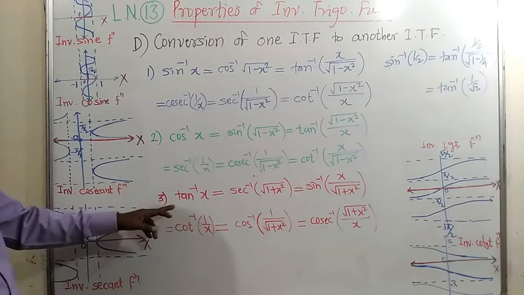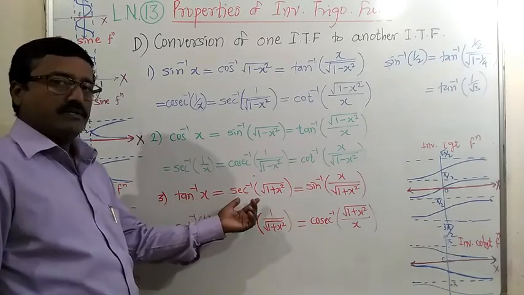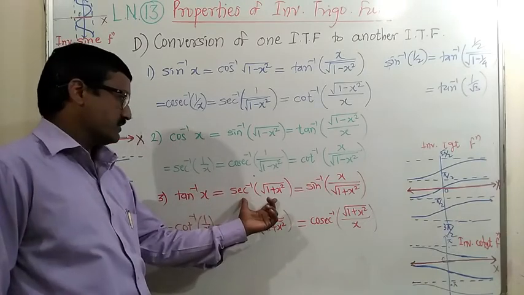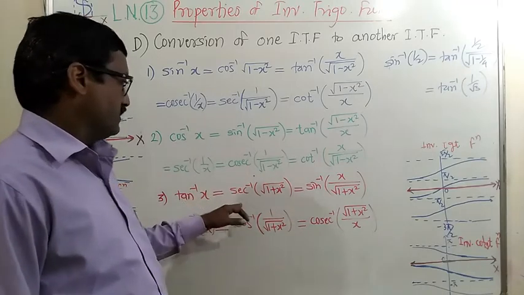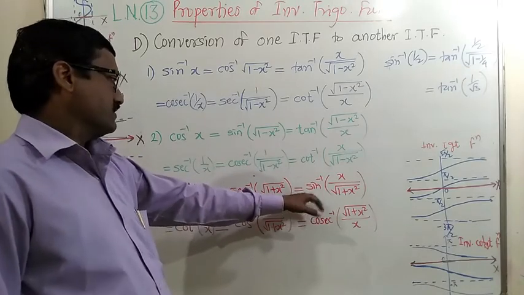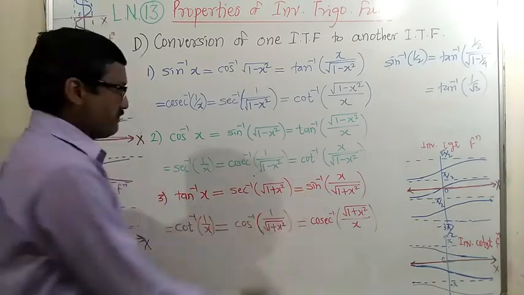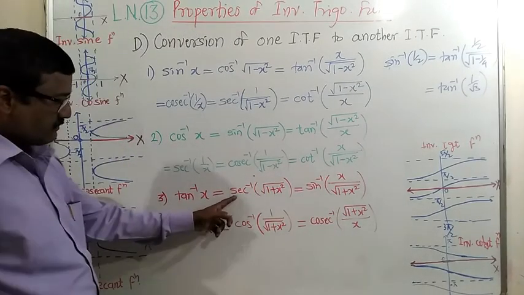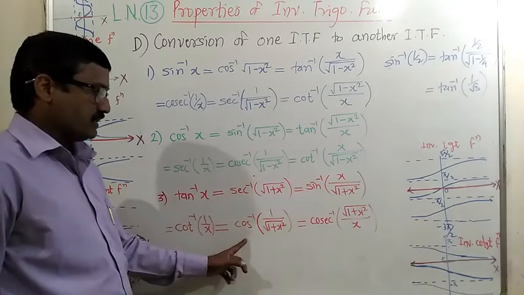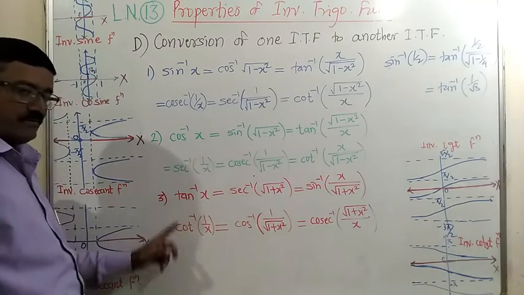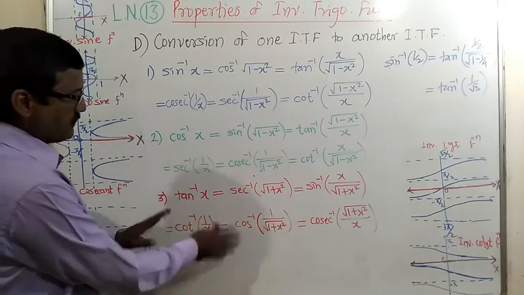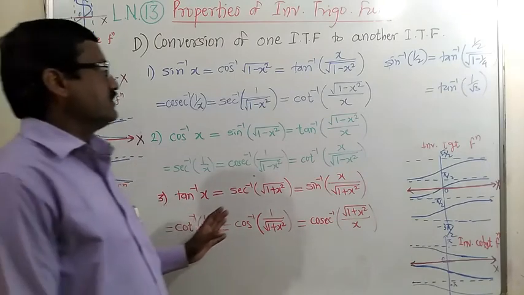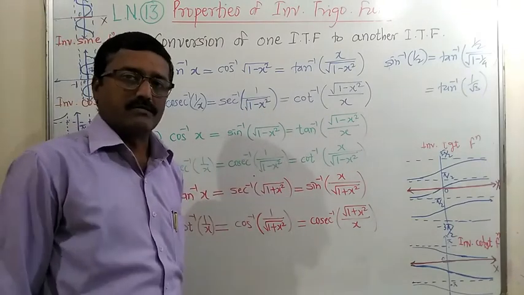Now the last group, that is tan inverse of x. You know the relation between tan and sec. So using that relation, we get tan inverse of x equal to sec inverse of root 1 plus x square. Now knowing tan and sec, we can obtain sin inverse, because there is a relation between tan, sec and sin. From sin we get cosec inverse, taking the reciprocals of these numbers. Sin inverse x equal to cosec inverse of 1 upon x, tan inverse of x equal to cot inverse of 1 upon x. So taking the reciprocals we get this result. So these are the conversions of one inverse trigonometric function to another inverse trigonometric function.